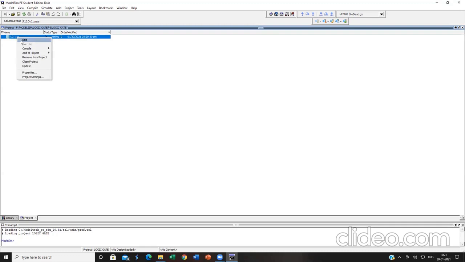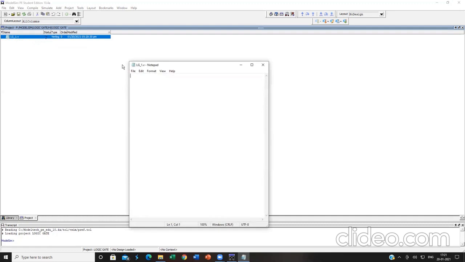Here you will have multiple options, but we are going to use only two: one is edit, another one is compile. Now click on edit. A notepad file will open. Now we are going to type the program module. The name of the file you have created and the name of the module must be the same. Then only your program is correct.